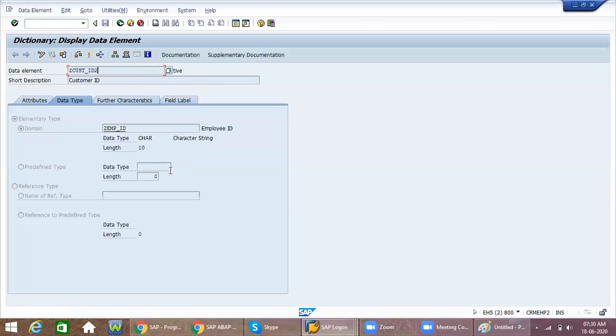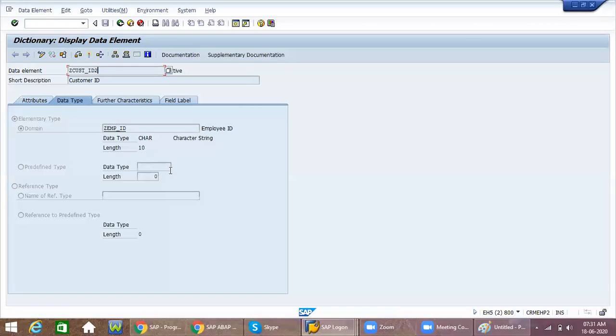Is it clear? Up to here, do you have any doubt? Anyone? Okay. You created a domain yesterday, and today also, when you take the data element, there also you created a domain.